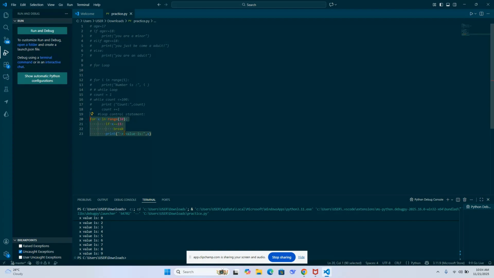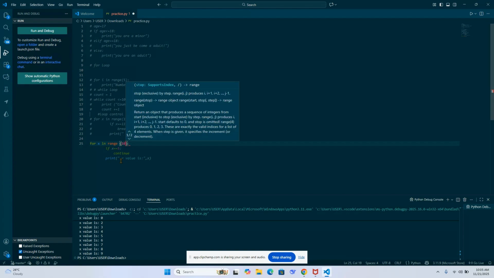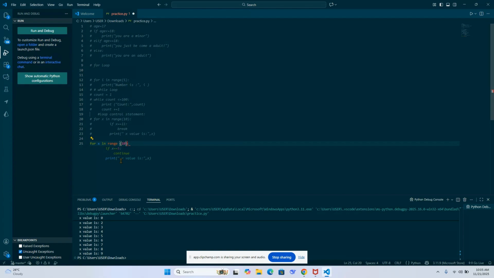So I hope you understand. So thank you for this code. Now I'm going to the next step. Now if I write another code like continue and skip current iteration, then write here for x in range 10 time, then print if x equal